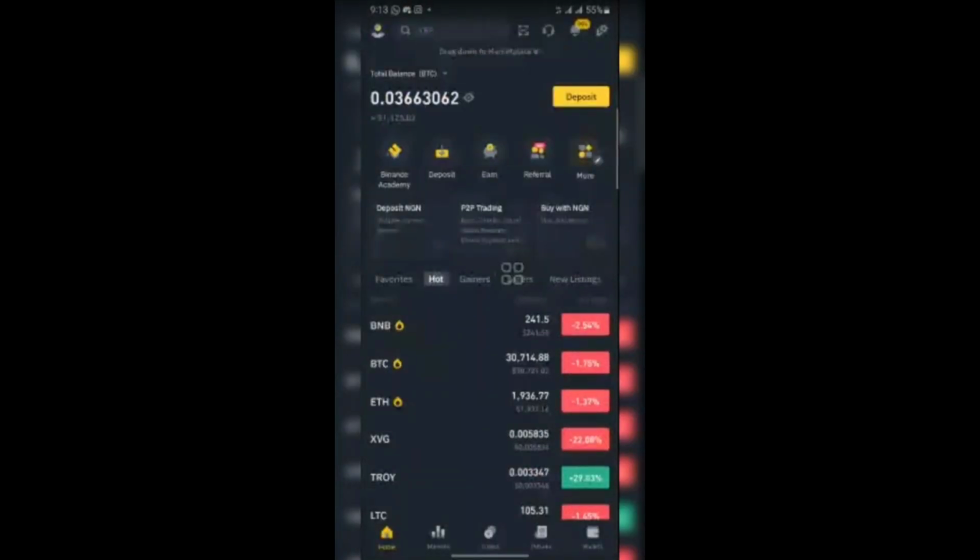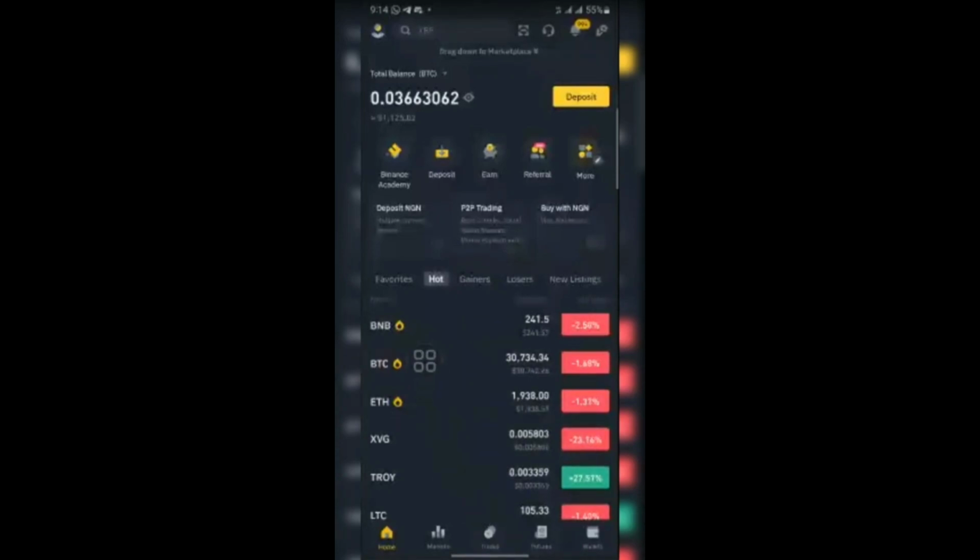Once you open your Binance, this is what it will display. So you have your home here. Come down, you see home, markets, trades, futures, wallets. If you are a trader, where you are most concerned about is this particular place, which is what? Futures. I told you that there are two types of trading in crypto: futures trading and spot trading. If you are the type that is spot trading, this is where you go.